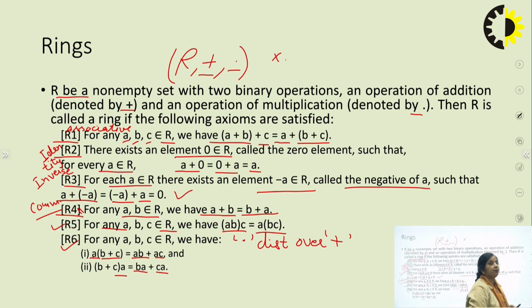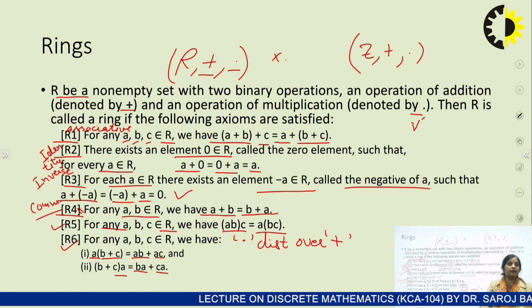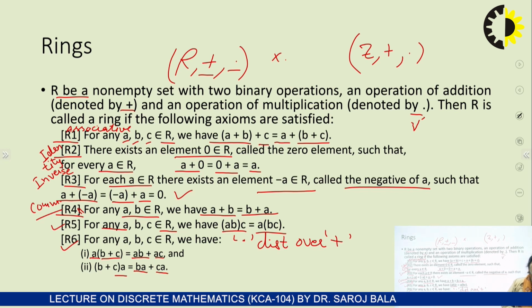So if these properties are true, then the set with the two operations forms a ring. We can see an example also. If we talk about the set of integers with integer addition and integer multiplication, we can check that addition